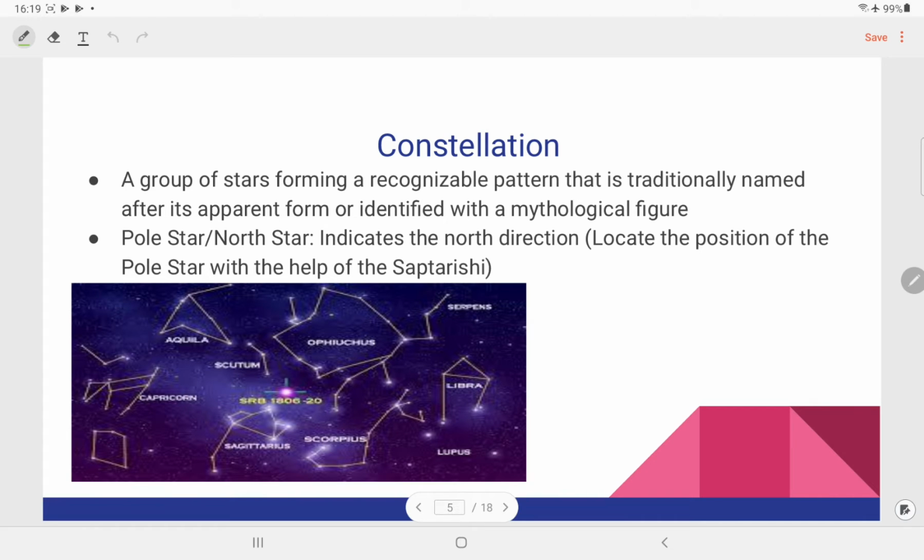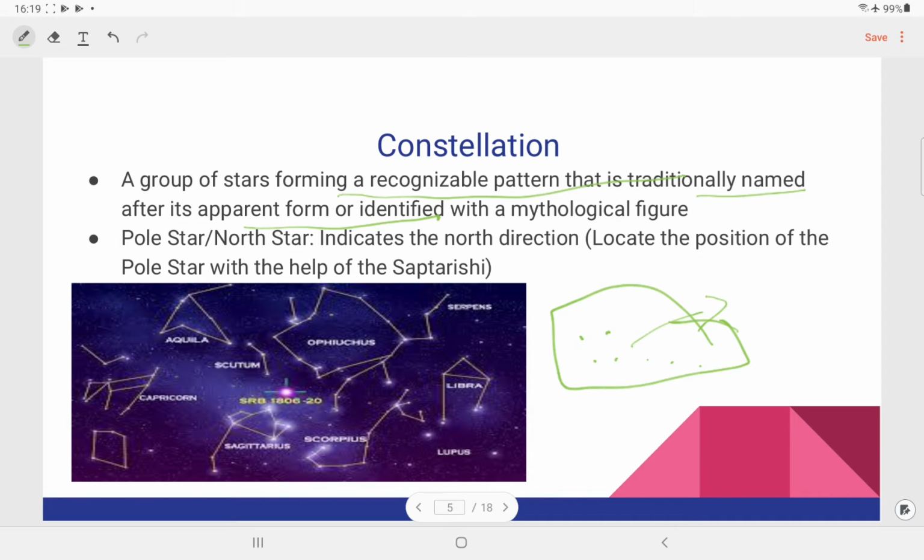what are constellations? Constellations are a group of stars forming a recognizable pattern that is traditionally named after its parent or identified with a mythological figure. For example, there is the Sapta Rishi. There are seven. In Hindi, it is said that Ursa Minor is Saptarishi because there are seven rishis, or the holy persons, in the sky. So a mythological figure also plays a role when naming a constellation, and they are a group of stars